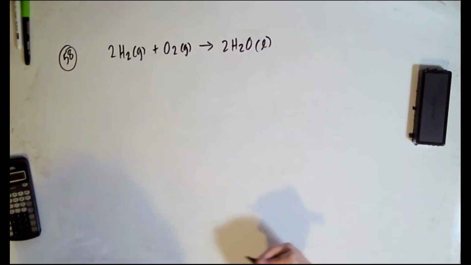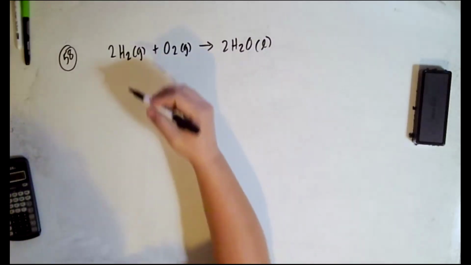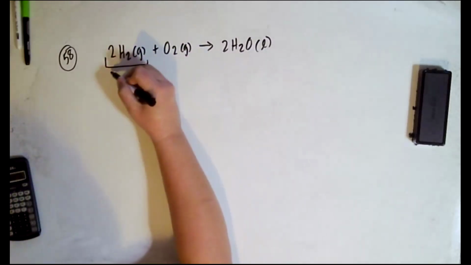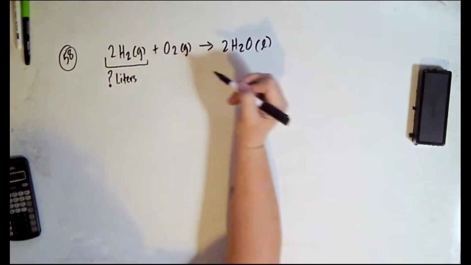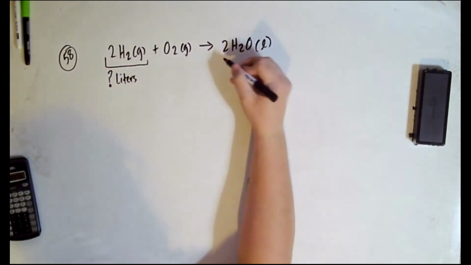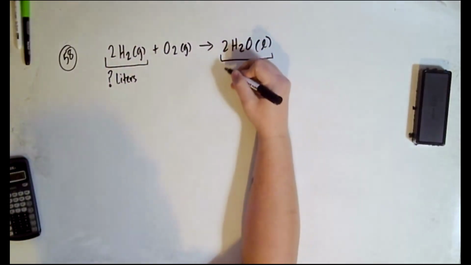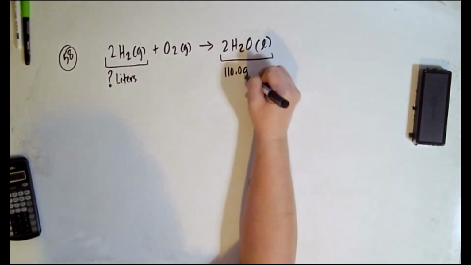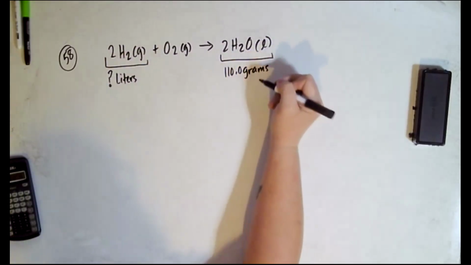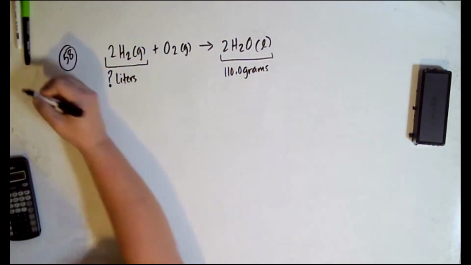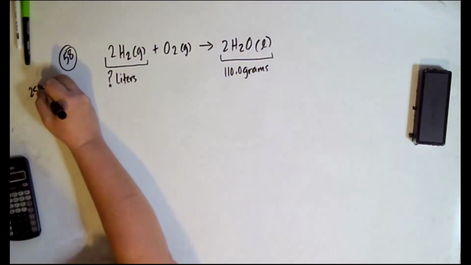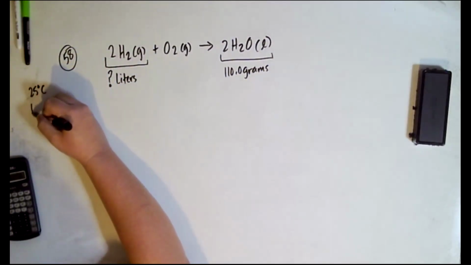All right, so it says, how many liters of hydrogen gas are needed? So put a question mark here. How many liters are needed to produce 110 grams of water at 25 degrees Celsius? I mean, you could put the 25 degrees Celsius and the 1 atmosphere off to the